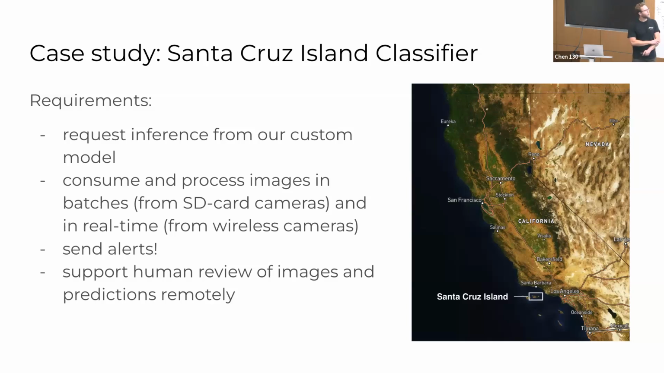For us, we had this custom model, and we needed to make inference requests to it. We also had a need to consume images from your traditional SD card-based cameras, Reconyxes, et cetera. So that would be what Justin was referring to yesterday as batches. That's one distinct need from real-time inference, which we also need to support because we were hoping to